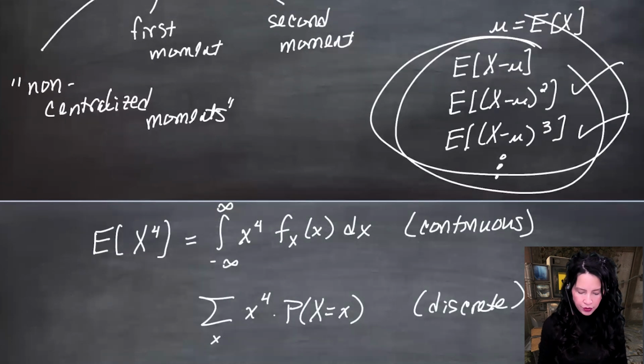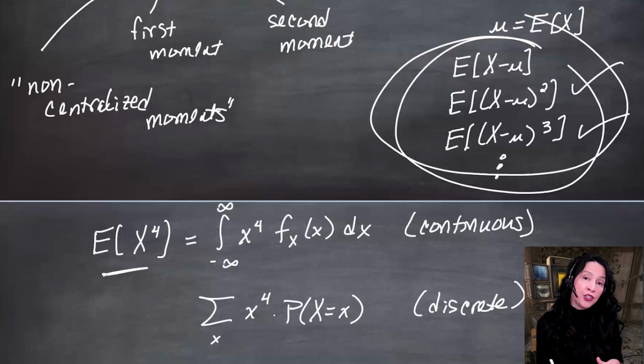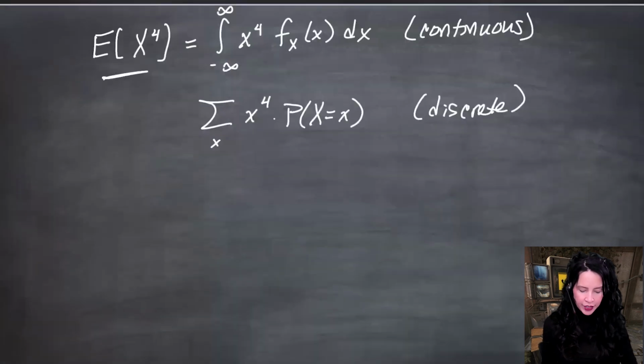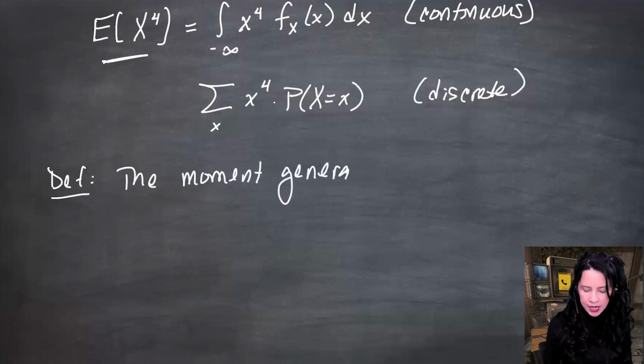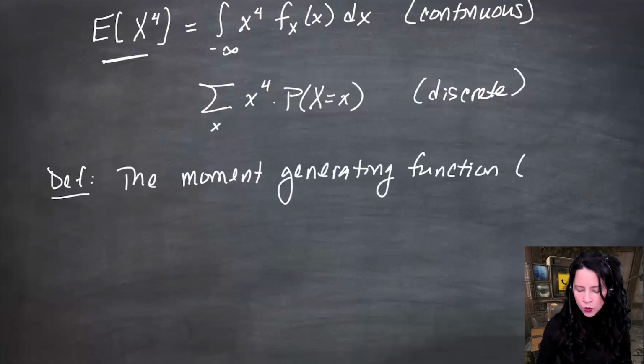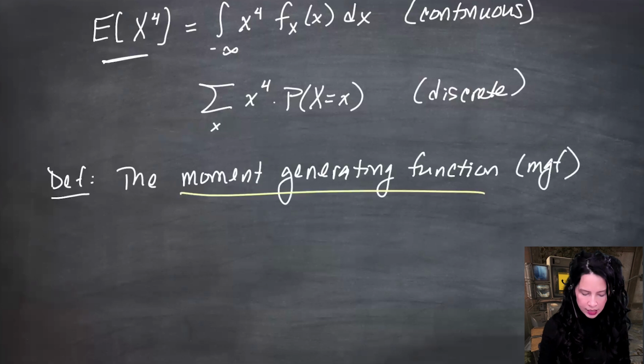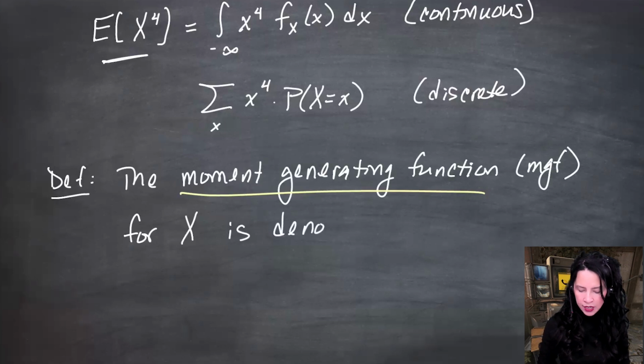We do know how to compute any particular moment, but the moment generating function is a slicker way to do it that is sometimes easier, and yet we're not going to care about that. We're going to care about moment generating functions for a completely different reason, which is going to be amazing. So let me define the moment generating function. The moment generating function, or MGF, for X or for the distribution, is going to be denoted and defined